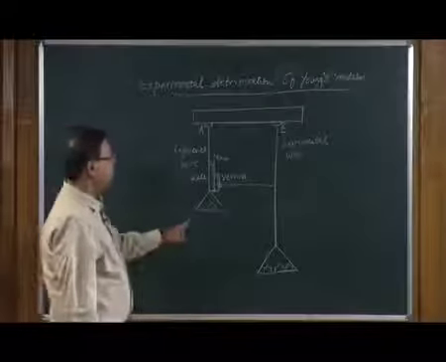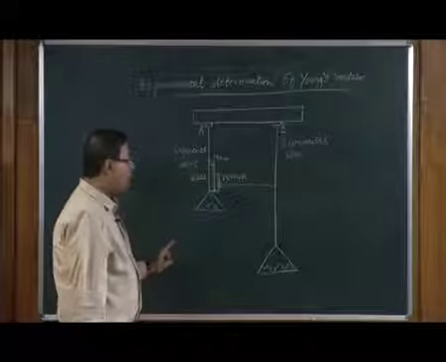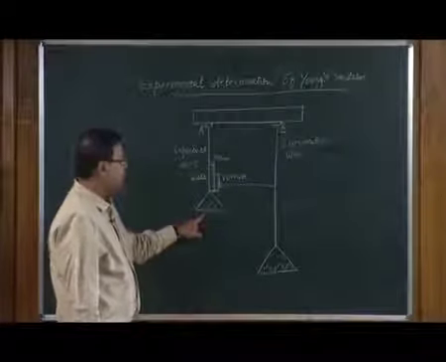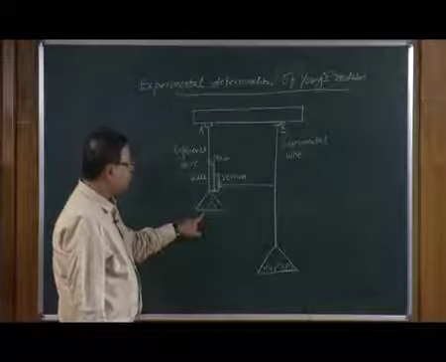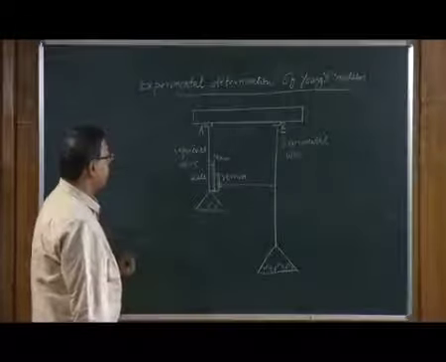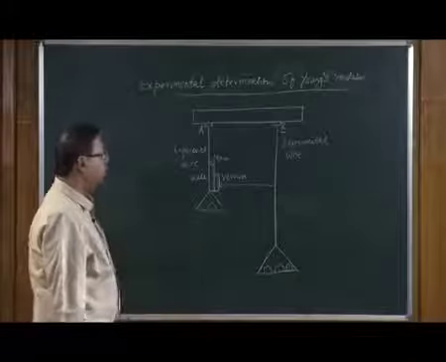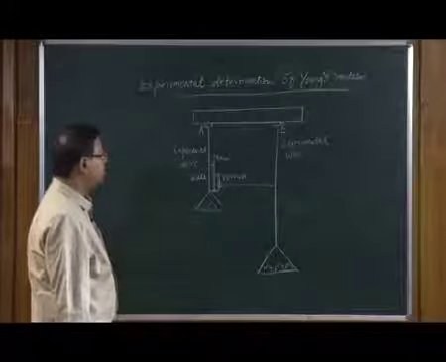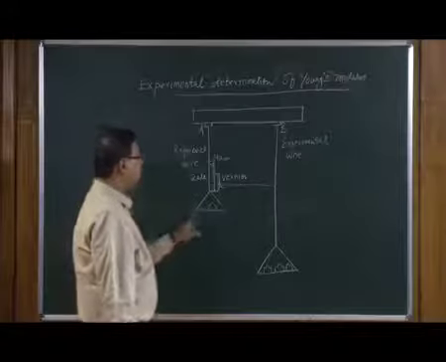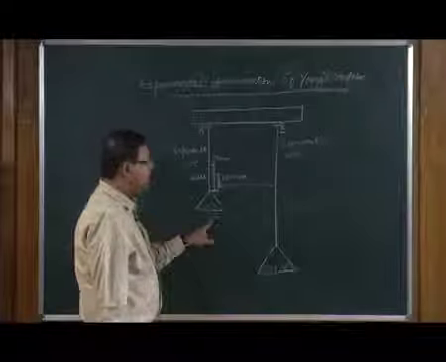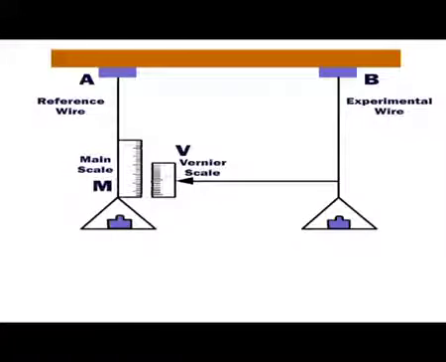Initially both these wires are given some small but finite weight so that they are elongated and straight. Both these wires have the same area of cross section and length. So initially the meter reading is noted when the weight in both these wires, the reference wire and the experimental